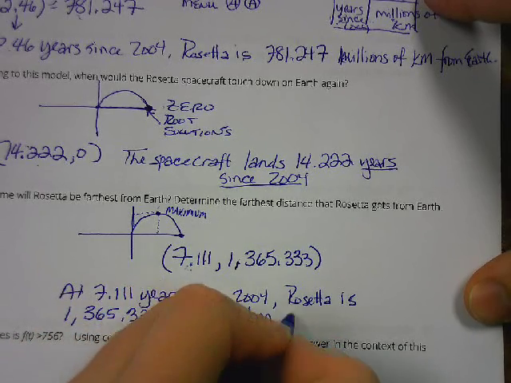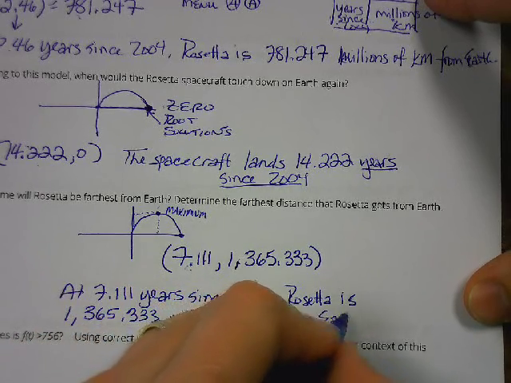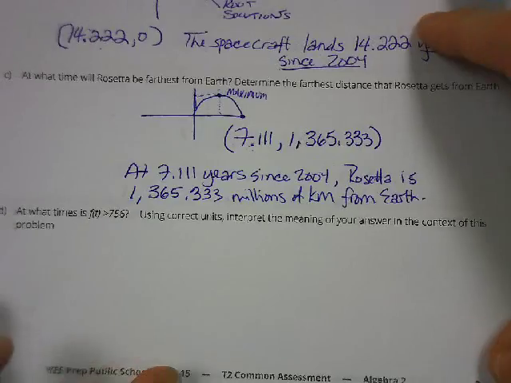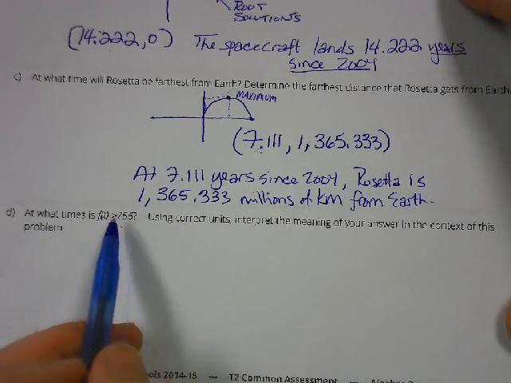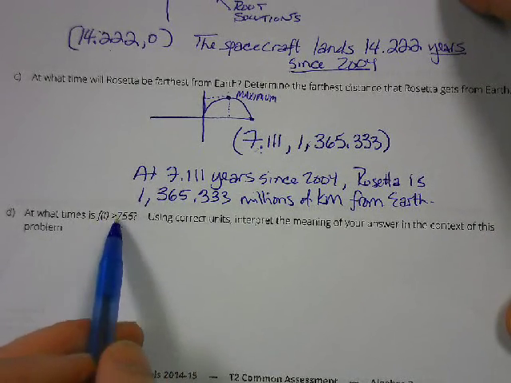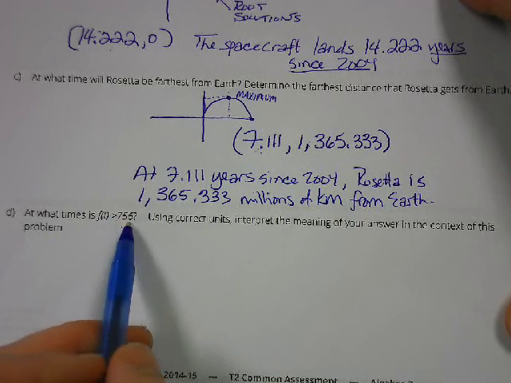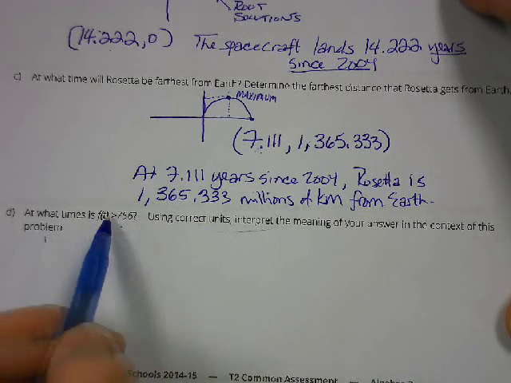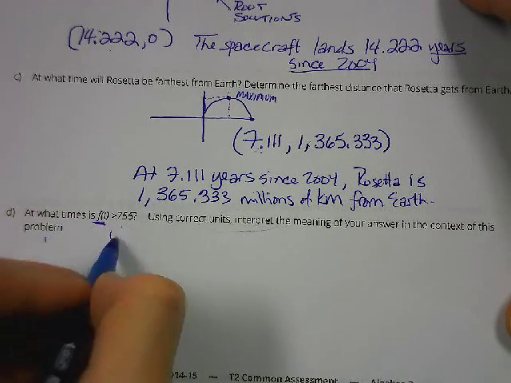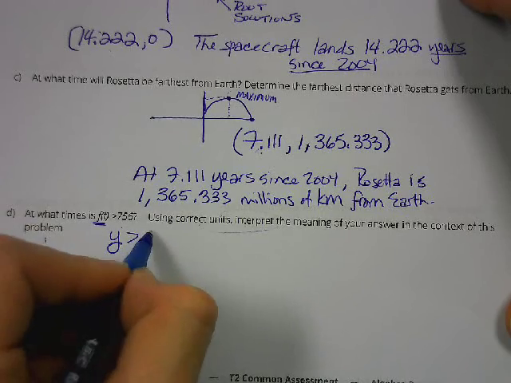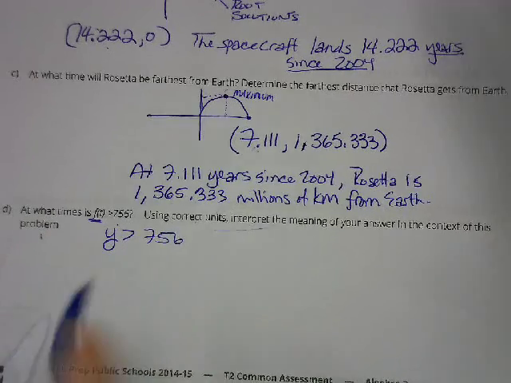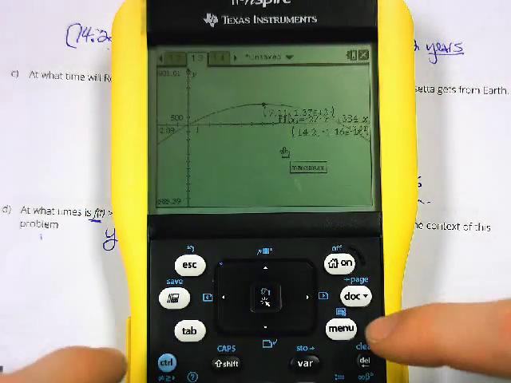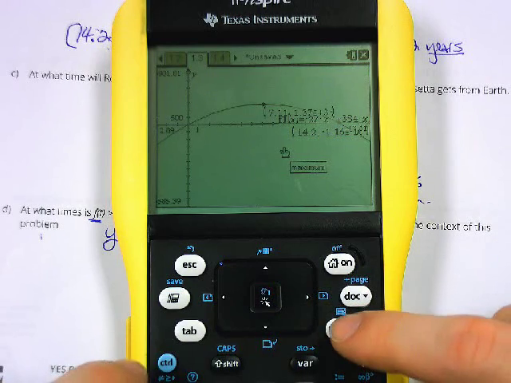Great. We've got one more question down here. It says, at what time is the y greater than 756? So use correct units, interpret the meaning of the context of the problem. So we need a y line, y greater than 756. So let's go ahead and have the calculator do that for us. We are going to go to Menu, and we're going to add in a line. We want the line to be